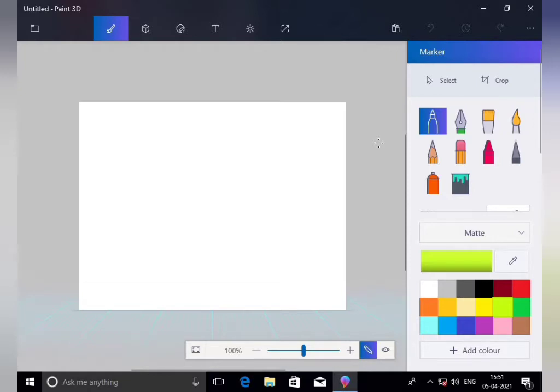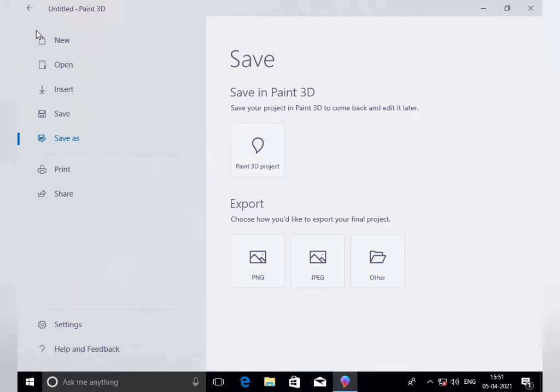So first step, after opening the program, what we have to do? Save a document, right? So from where do we save the document? From the file menu, right? In the file menu we have to find the save tab. So where is our file menu? In the Paint window you can see this folder. Click on this folder.